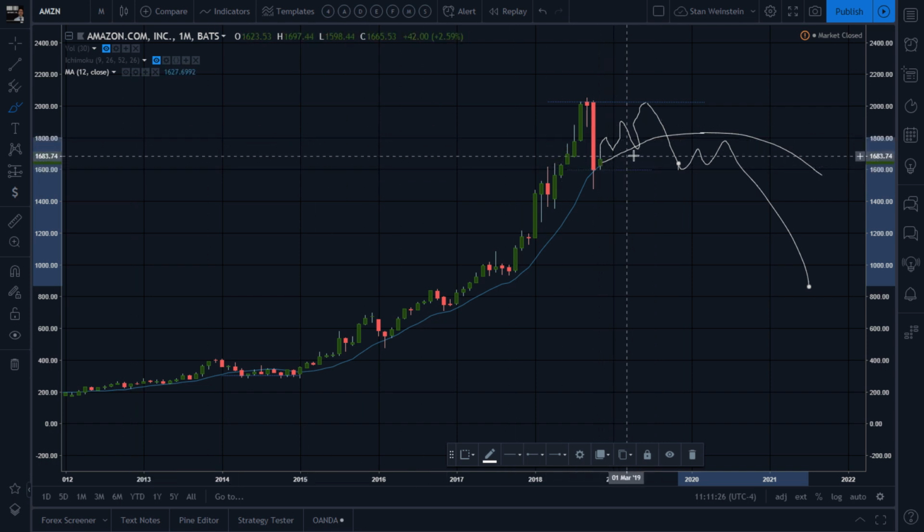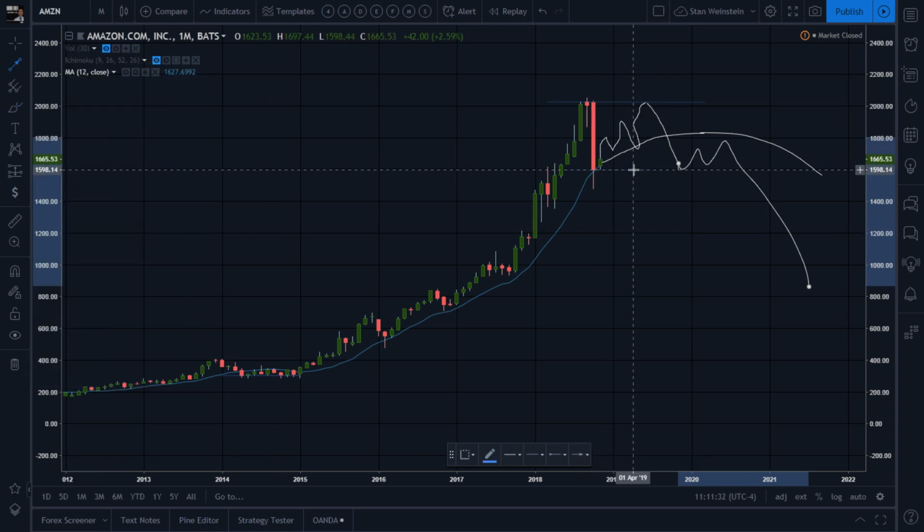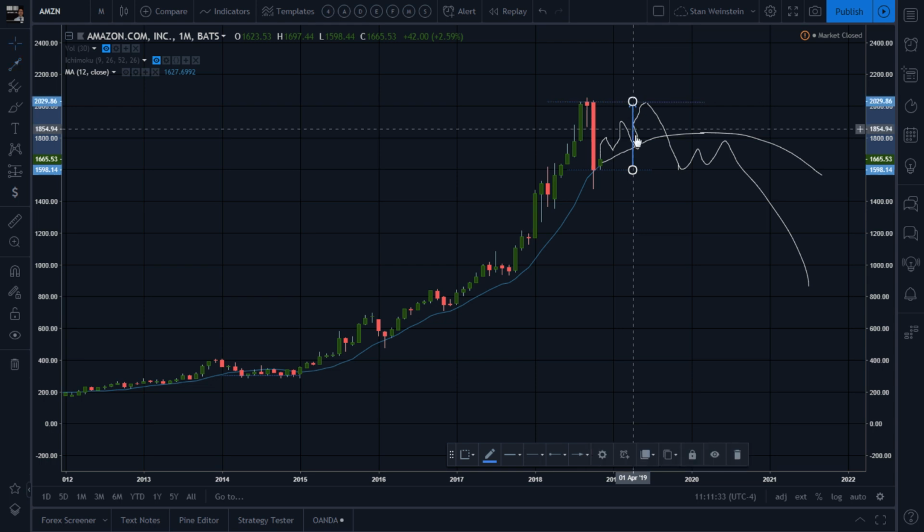Especially if you close below the 12-month moving average. And after that, you've got to get ready for either a breakout, a continuation breakout, or...